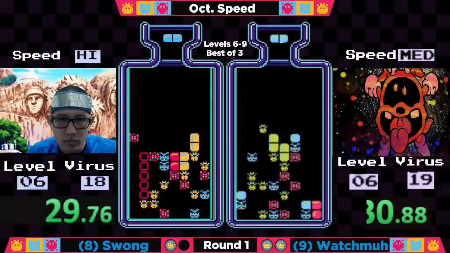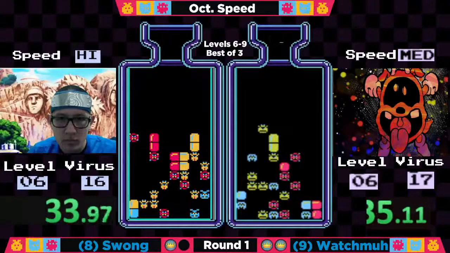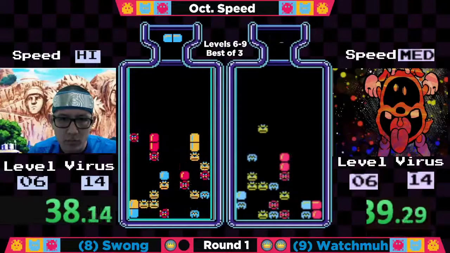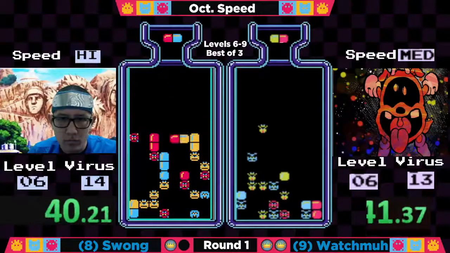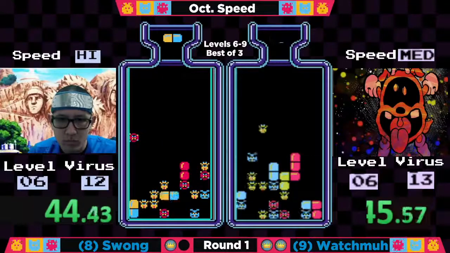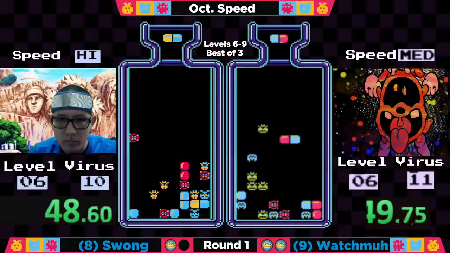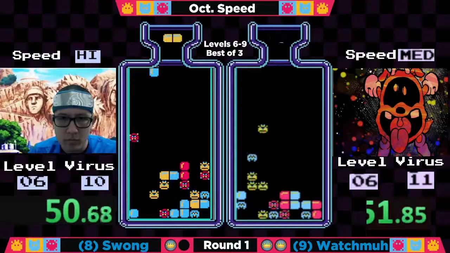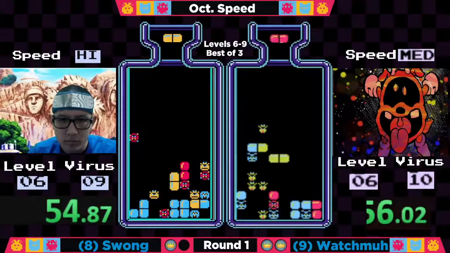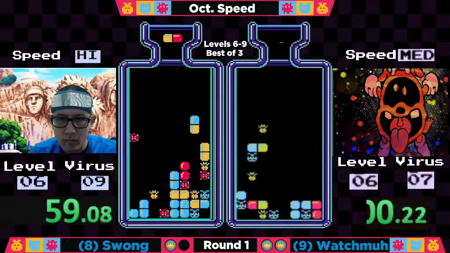Mm-hmm. WatchMuH has made a great dent in all of that yellow on the top of the board. It was looking really worrisome, but RNG was cooperating. Speaking of yellow, Swong's working with a lot of that and has this red-blue set to drop down, so not a lot of stuff is going to be up high for him to work with later. Yeah, it's just that clump on that right side. He's going to need some of those doubles could work on that right side, but he's going for the horizontal, setting up for it. And